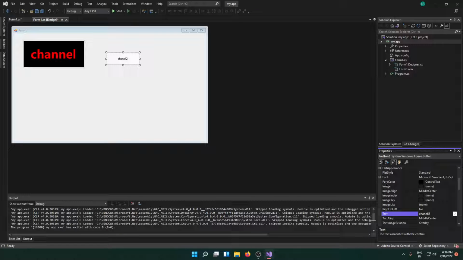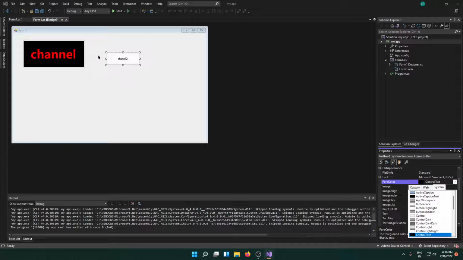after that you can see fore color. If you click that, it is control text. You can change the text color. You can see the three sections here: system, web, custom. If you go to custom, you can see a lot of colors. I'm choosing blue,